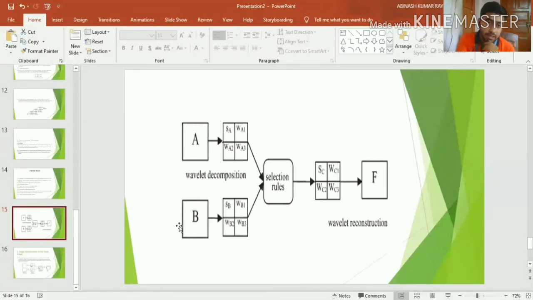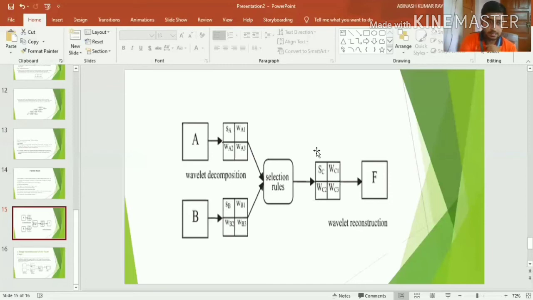This is image A and this is image B. We have applied the first level of decomposition and got these four bands. In image B also, we applied the first level of decomposition using stationary wavelet transform. That means the resolution has not decreased. After that, we get the coefficients from here and from here. In this case we are applying a maximum rule, taking the maximum of those two values and constructing this matrix, and then we apply inverse stationary wavelet transform to get our image back.